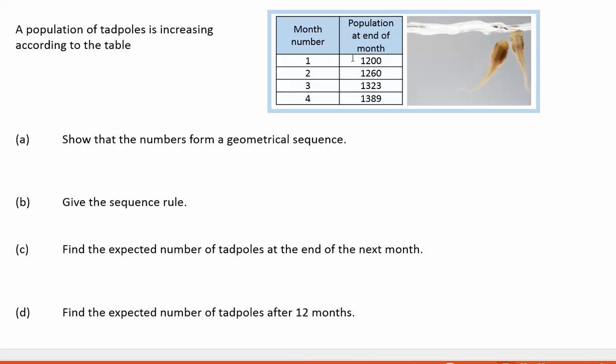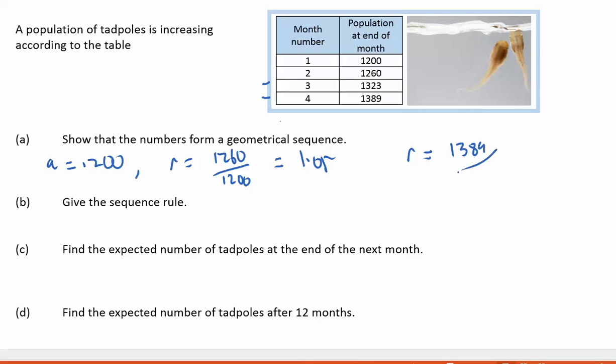Now the tadpoles. Firstly, you can see that there's not a common difference. The first to the second is 60, then we go 63. So it's likely that this will form a GP. I'll write down the first term though. And what I'll do, I'll test the second month over the first month, and we'll see what we get there as common ratio. Checking that again with the 4th and the 3rd month, I get exactly the same common ratio. The sequence rule then,